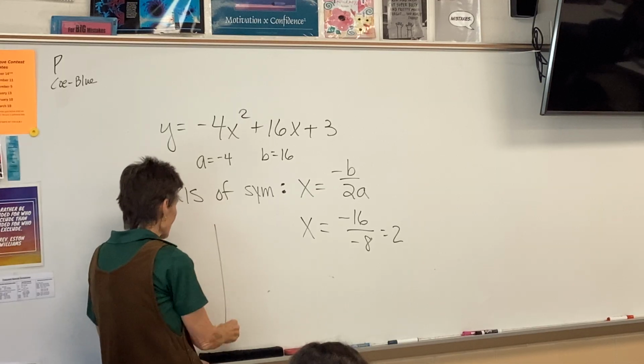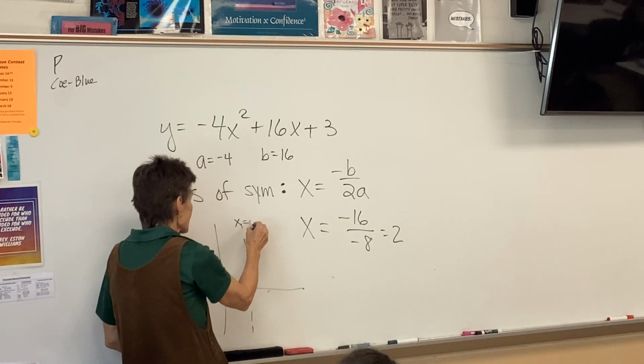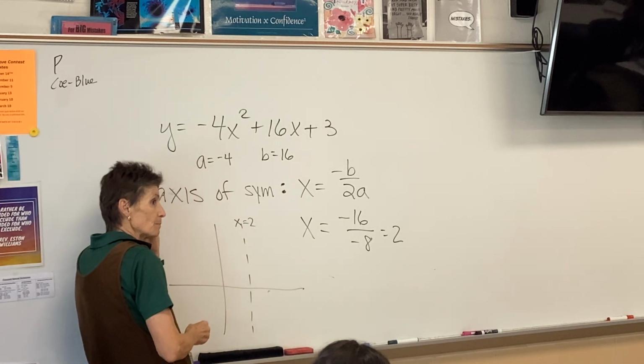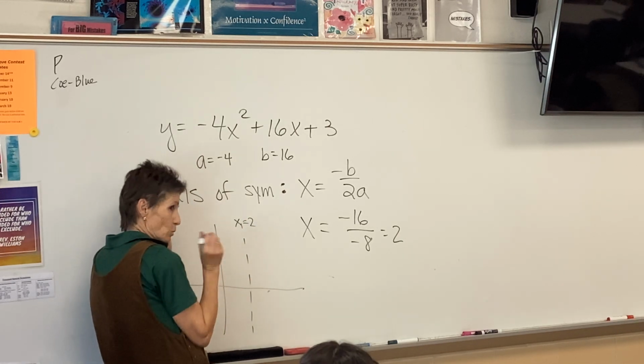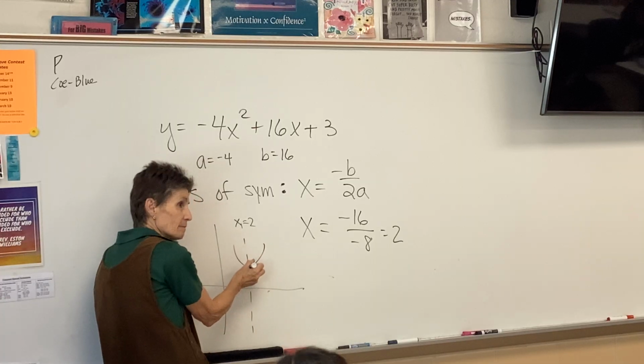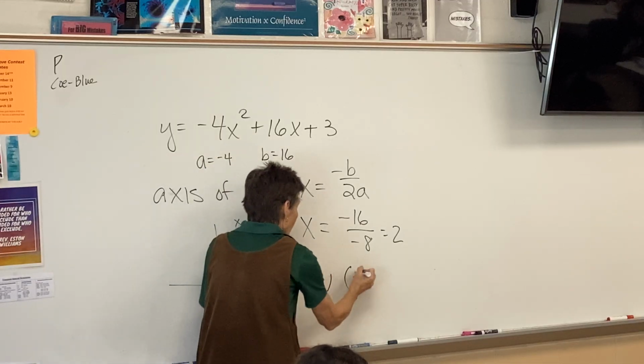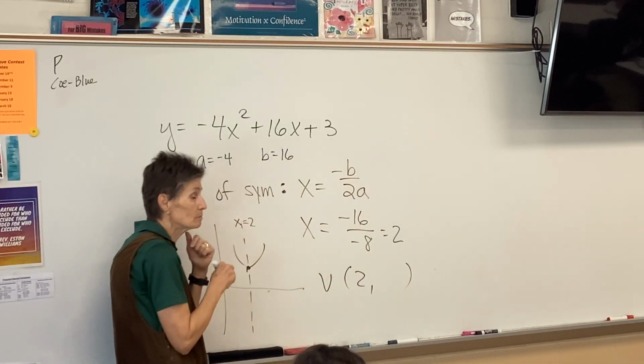I want you to think about that for a second. The axis of symmetry is x equals 2. I don't know where the vertex is yet, but isn't it somewhere on this line? Yeah. So my vertex will have an x coordinate of 2,